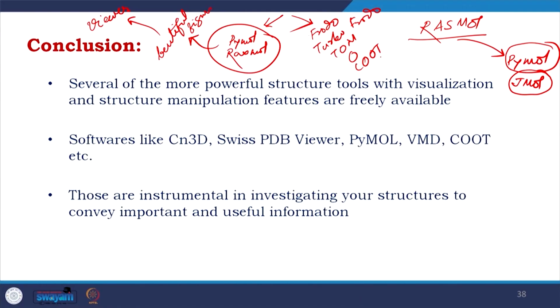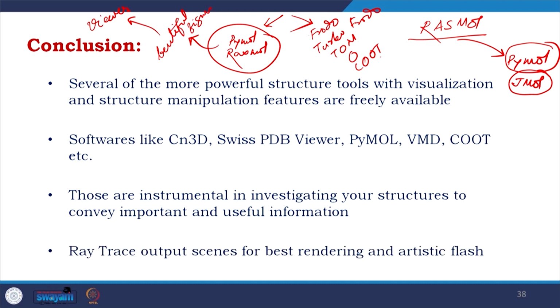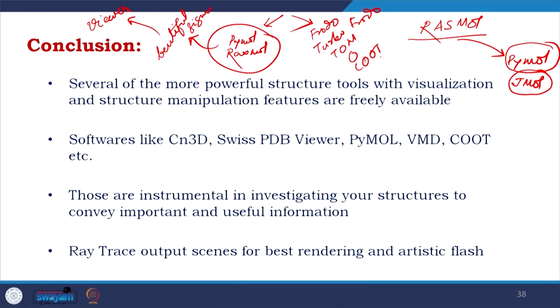So, all those software are instrumental in investigating your structures to convey important and useful information for understanding and designing better experiments. Ray trace output is again a revolution. The ray trace output scenes for best rendering and artistic flash have given much better quality to the current